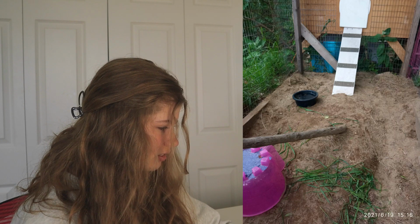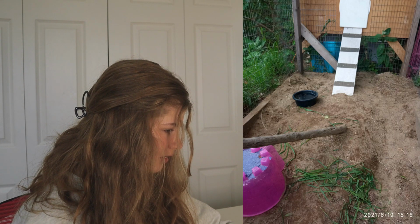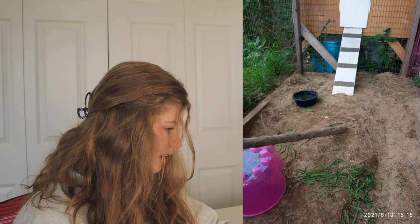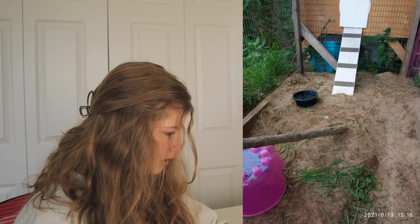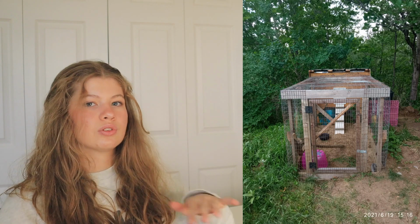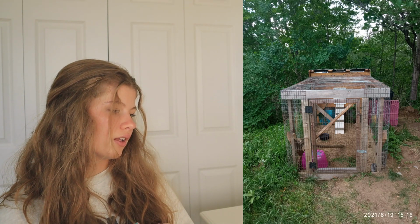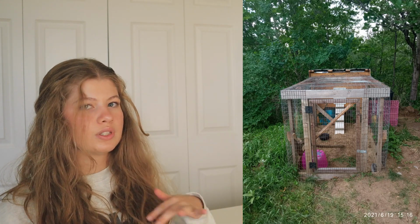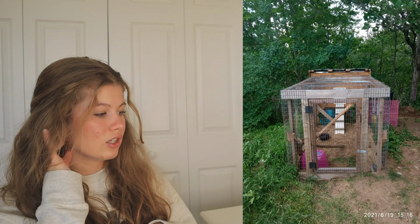Alright, so this is the little run area. It does look nice and spacious, which is great. You have a little hidey house in there, a little water dish, which is awesome. If you're putting them in there and not allowing them access back into their little hutch, then I would either cover the top of the run with something you can't see through so that they feel a